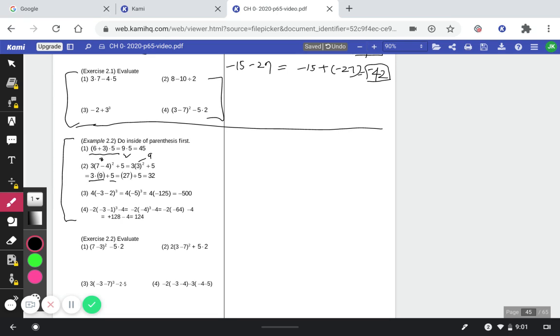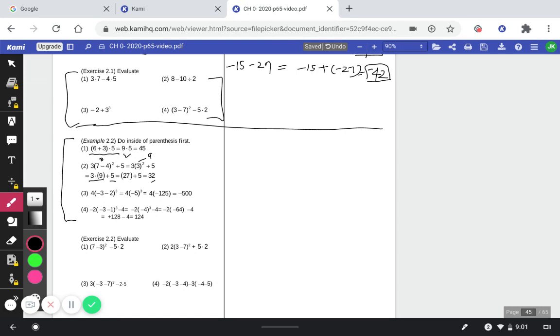When you have 3 times 9 plus 5, which one do you do first? You do the higher order first, which is multiplication. So 3 times 9 is 27. Now you do plus 5, which is 32. Okay. Number